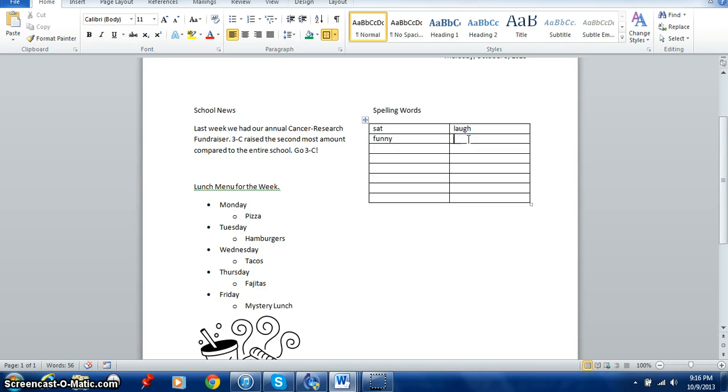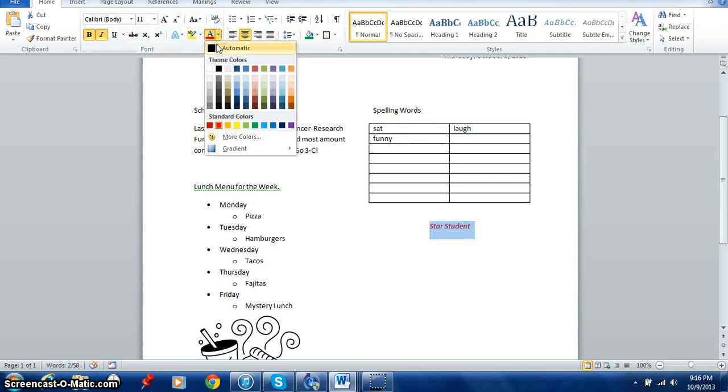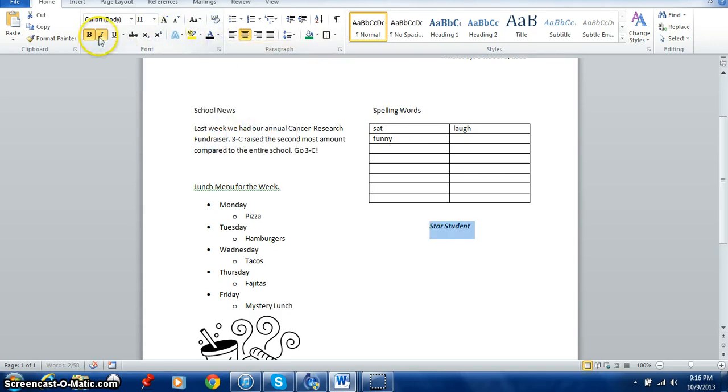Okay, so I can continue working on my spelling list. And then let's just say the next thing I want to do is say star students. Now for some reason that's in red, and that's okay. I'm just going to click on that, make it black, and I don't want to italicize, I don't want to bold, but I do kind of like it in the center right there. Say star student, and I'll say Monday,